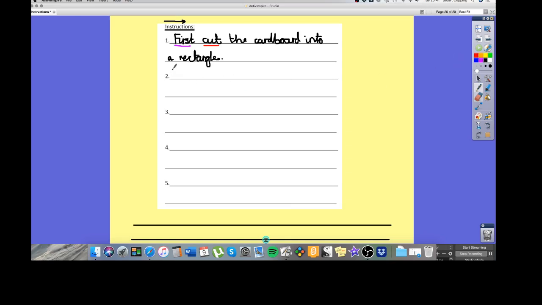So then, with the glue gun, stick. There's my imperative verb, stick. There is my time connective. Then with the glue gun, stick the